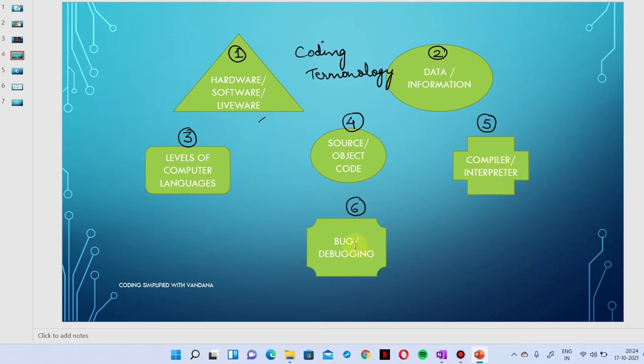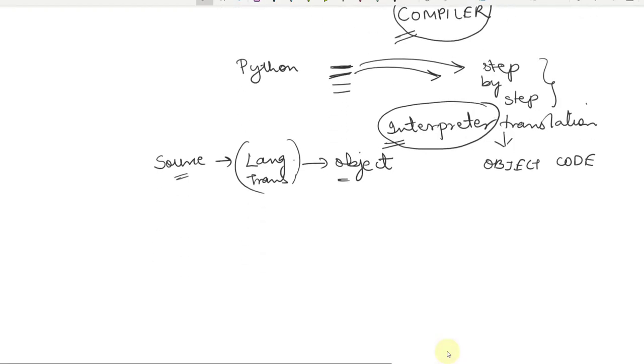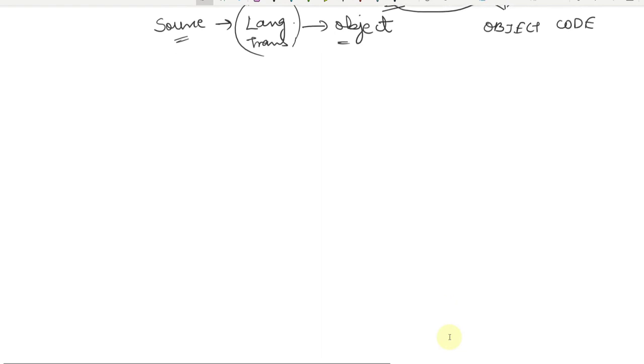Next, coming on to the last topic of this discussion, it is bug and debug. Now, when we are writing the program and converting the source code to the object code, what exactly is being done when your compiler is compiling the code?